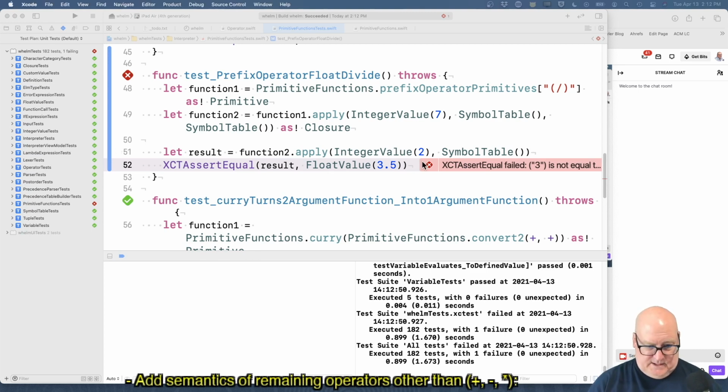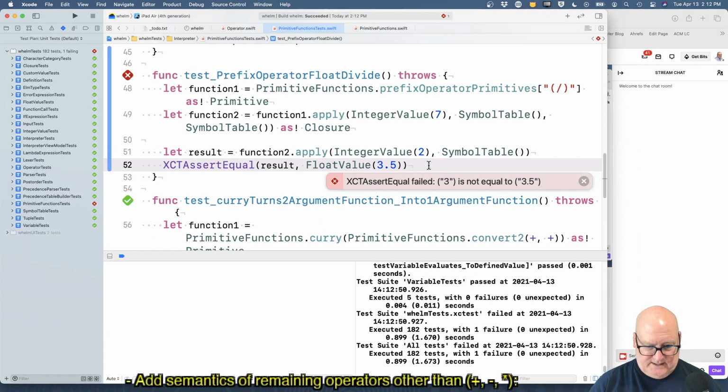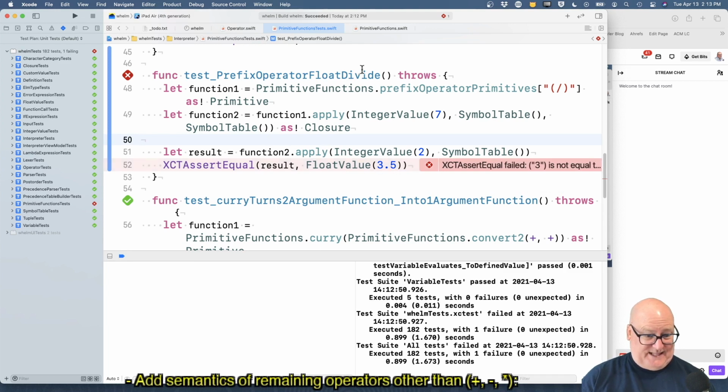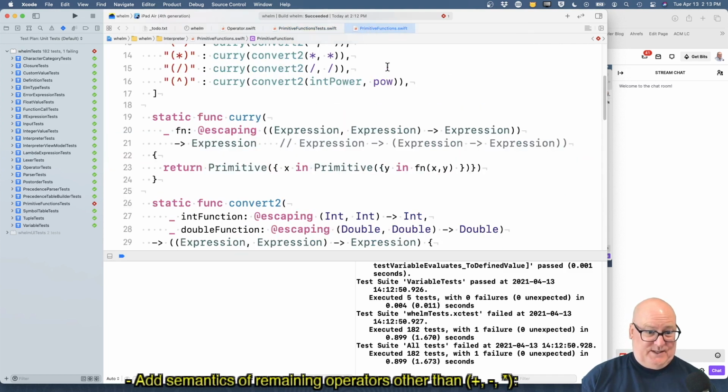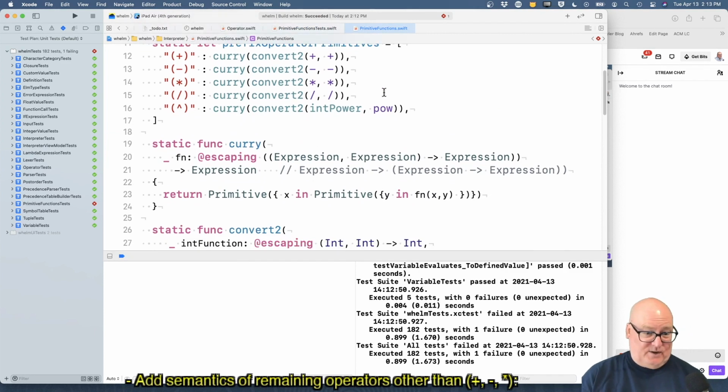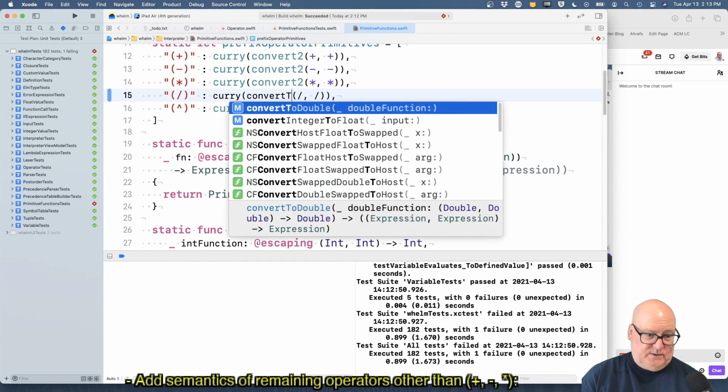Three is not equal to 3.5, right? Good. Okay. Ugly as it is, we're failing for the right reasons, so I think that's something. All right, so now what I want to say is that's because I got the wrong function here. I have convert to with the int divide. I really want convert to double